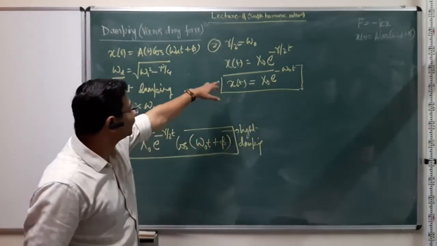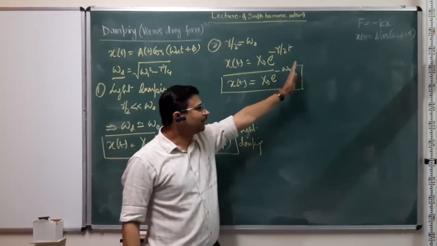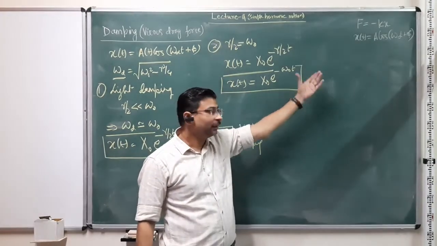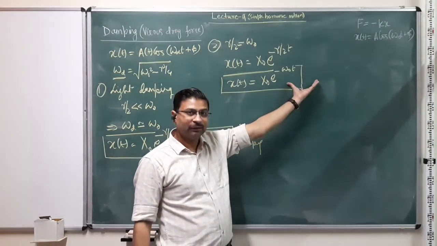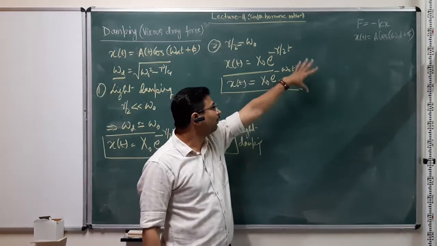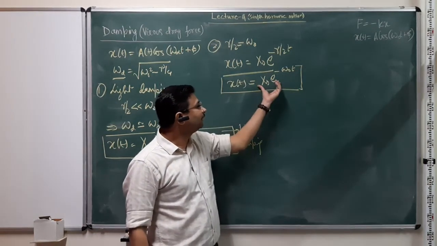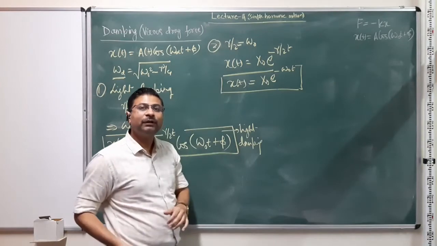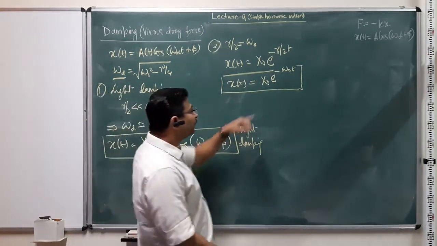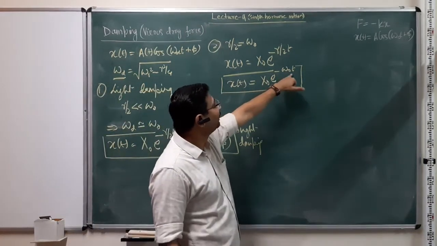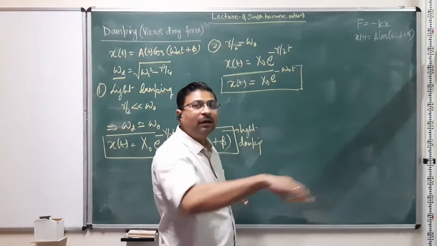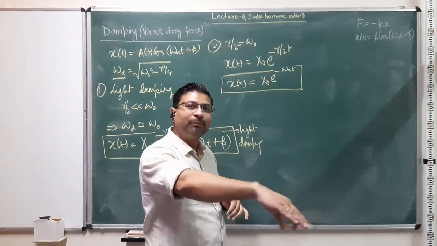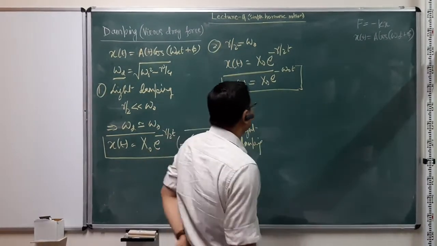So what we have seen is, under this condition, there is actually no periodic motion, right? That periodic term has gone. So the cosine is not there. We cannot have oscillatory motion. The only thing that we will have is an exponential decay of the amplitude. Of course, the amplitude starting from any x0 will take an infinite amount of time to go to 0, right? However, it will never cross that equilibrium point and go in the other direction, right?